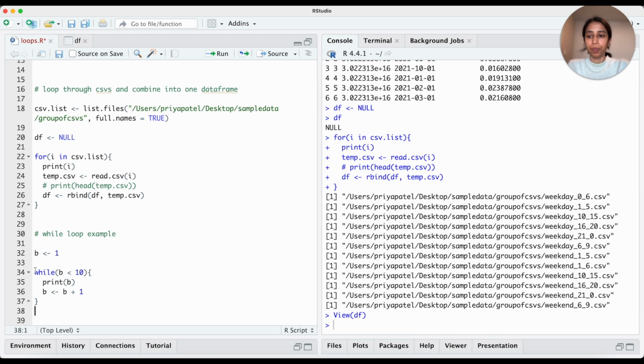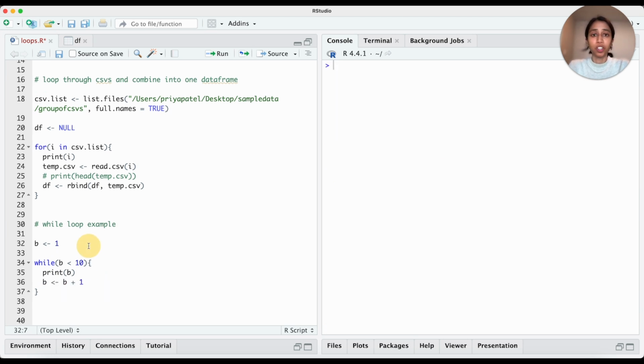So while b is less than 10, I want you to print out the value of b, and then I want you to update the value of b by 1. So that's what's going on here. So let's initialize the b value, and then we can run our while loop,